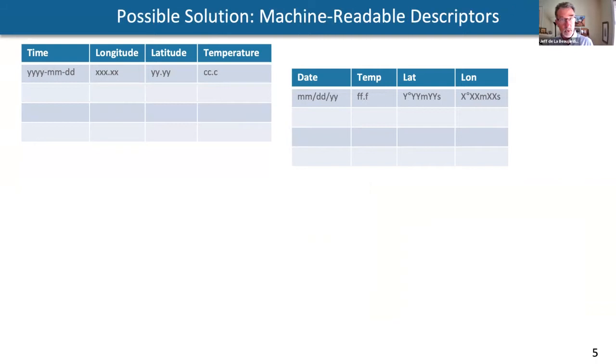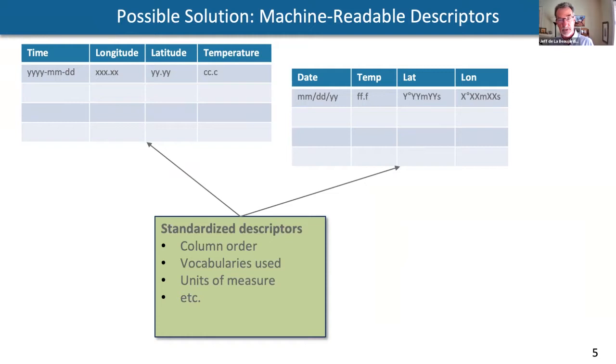So I'm wondering, can we have an agreement on machine readable descriptors? It could be an external file, or something perhaps inserted at the start of the file that would tell you what the column order is, what the vocabulary is used for each column name, what the units of measure are, and any kind of metadata we want to put about these text files. So they may stay heterogeneous as the source files, but there's a standard way to essentially describe the file and have software able to read them without human intervention.